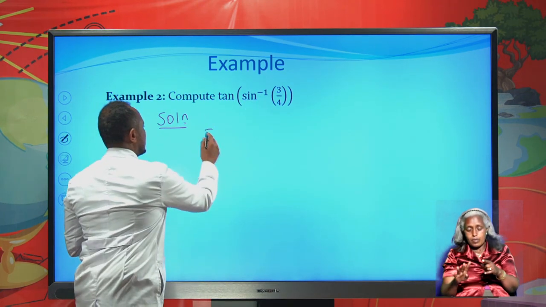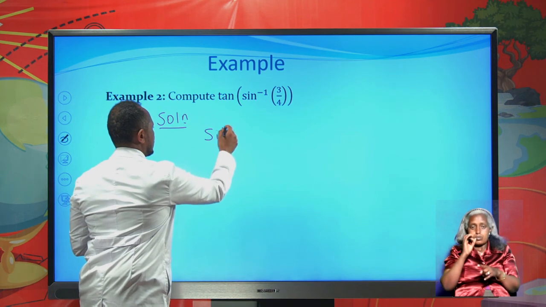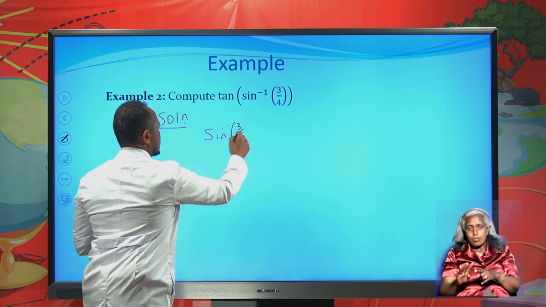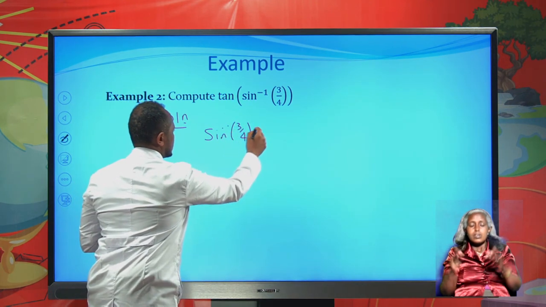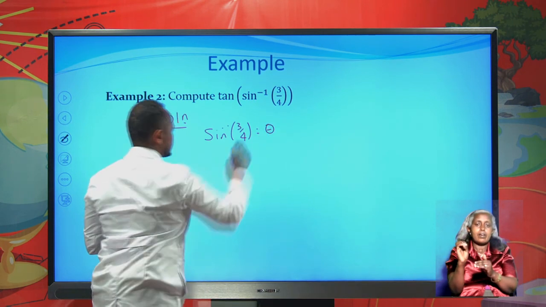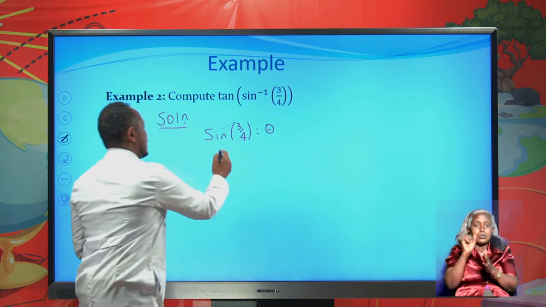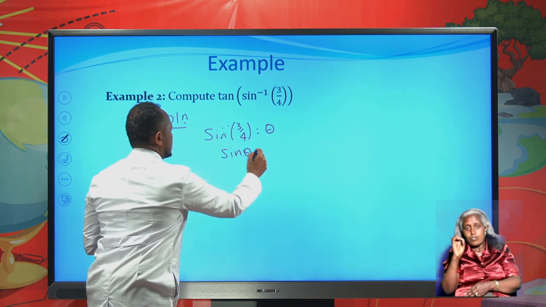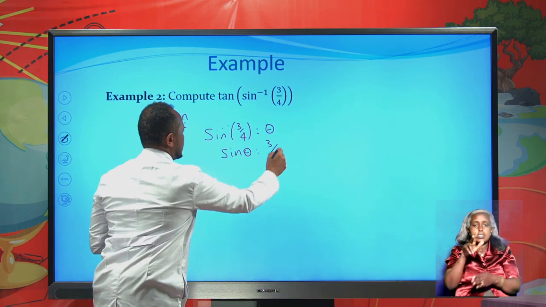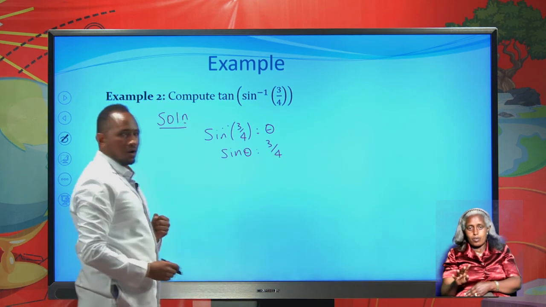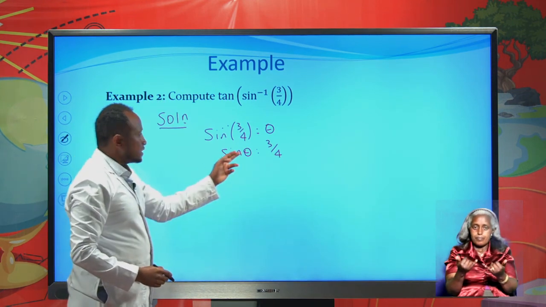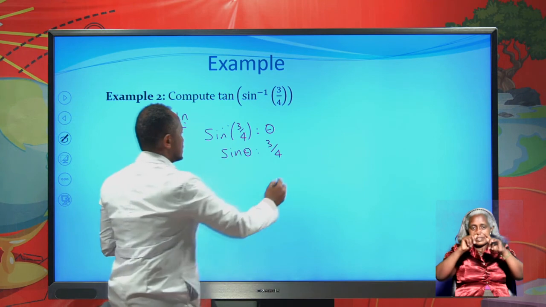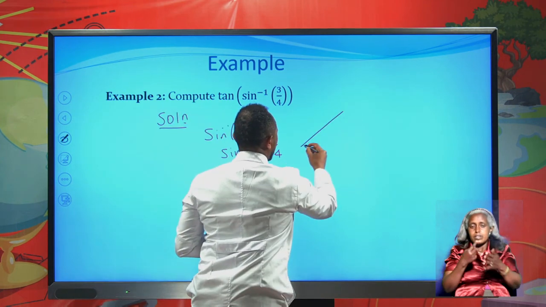So sine inverse of 3/4 is equal to theta. So sine of theta gives you this 3/4. Now, using reference triangle, this reference triangle,